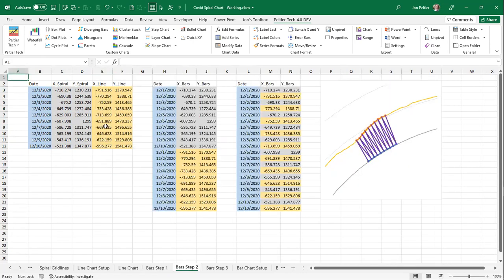I start with my data, but I stack my X and Y values on top of each other like this. And then I sort them by date. So I start with a spiral data point, and then I connect it to a line data point. And then I start with a spiral data point, and I connect it to a line data point. And when I add that to the chart, I actually get a zigzag, because then I don't just connect my spiral to the line, I connect my line to the next spiral. So what I need to do